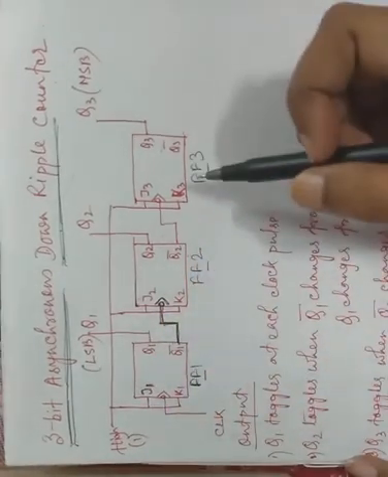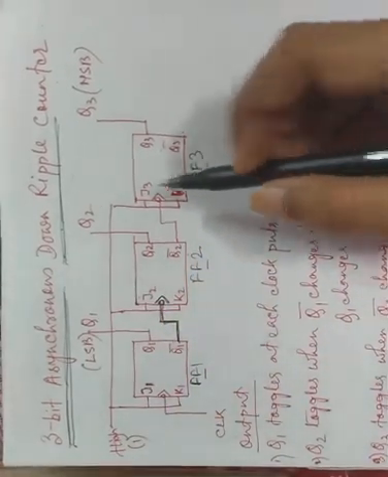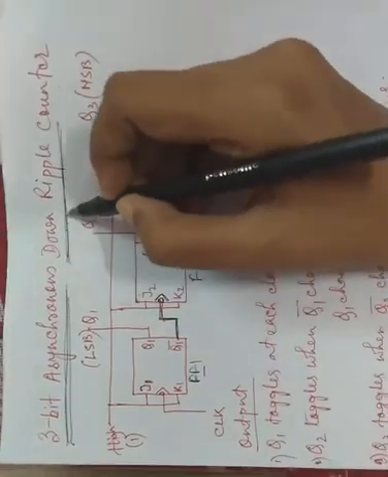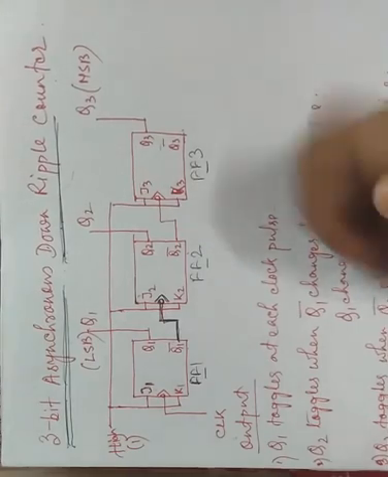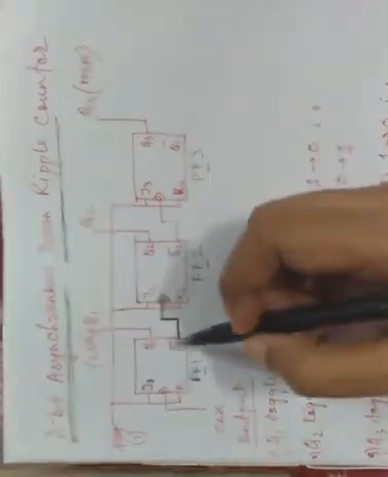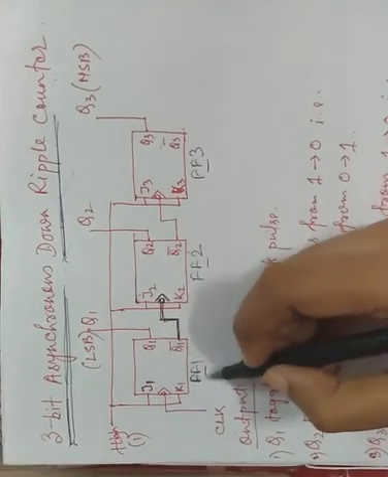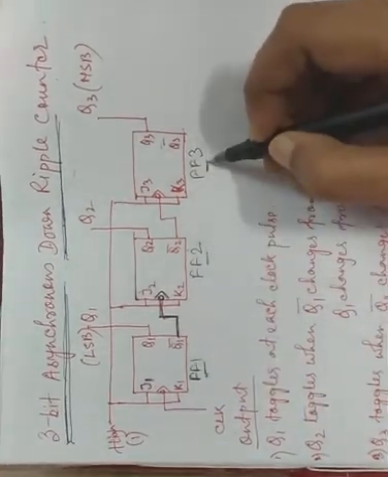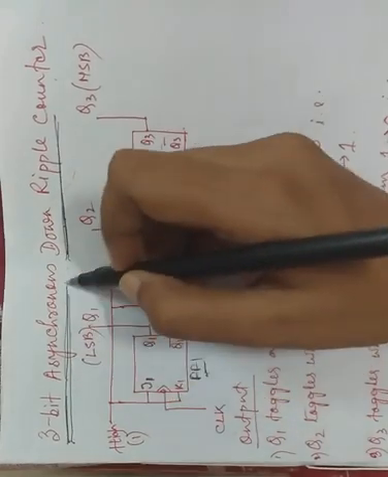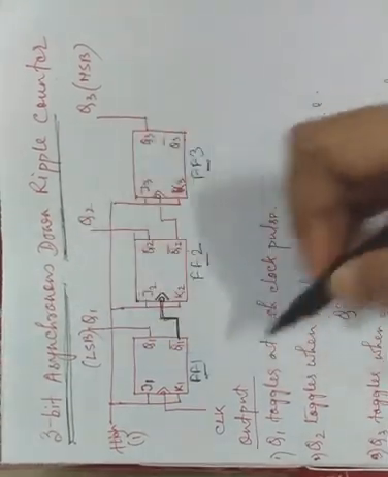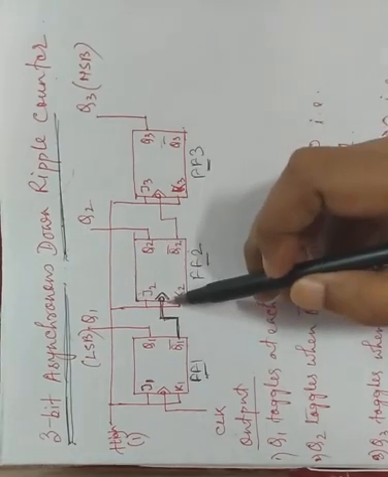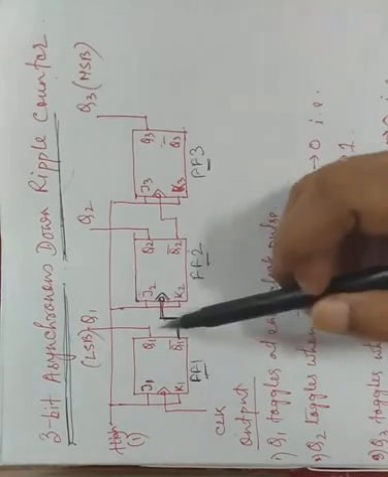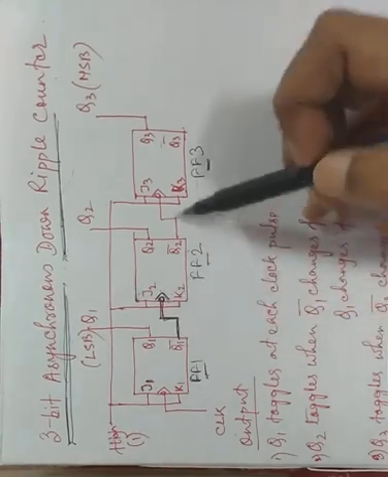In this video, we are going to discuss a 3-bit asynchronous down counter. As this is a down counter, it counts in reverse order. And as this is a 3-bit counter, it uses 3 flip-flops: flip-flop 1, flip-flop 2 and flip-flop 3. In an asynchronous counter, every flip-flop gets its input clock signal from the output of its previous flip-flop.